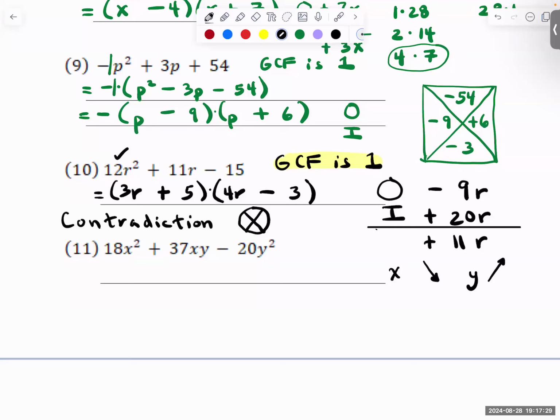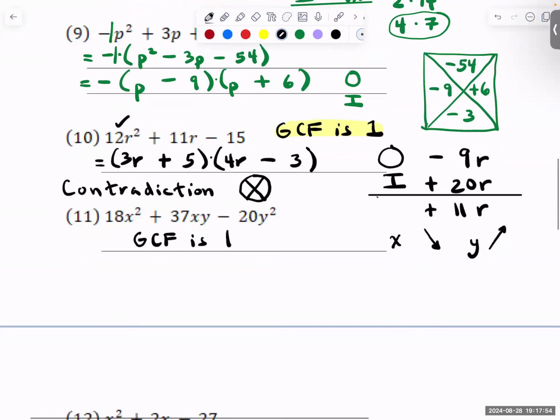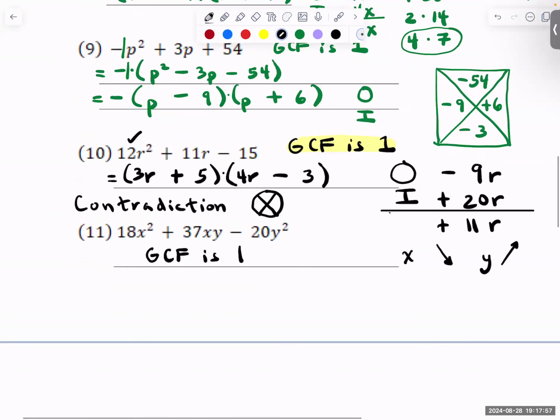The greatest common factor between 18, 37, and 20 is 1. 37's a prime number. The only factors of 37 are 1 and itself, 37. So the GCF is 1. X is not common, and Y is not common all the way across. Because we have a trinomial of this special form, we're going to try to factor it as a product of two binomials,